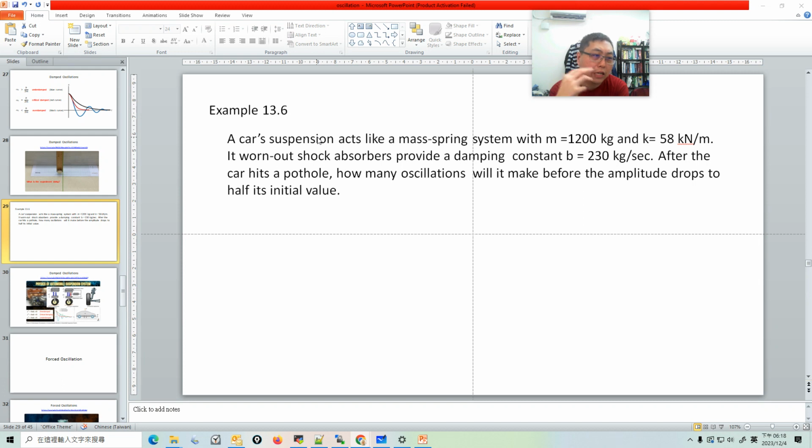You say after hitting some porthole. I'm not quite sure I understand. If you understand, just explain this to me. Maybe it just hits a bumpy surface or something. On the bumpy surface, it asks how many oscillations will it make before the amplitude drops to half of its value. So you just have to calculate how many oscillations